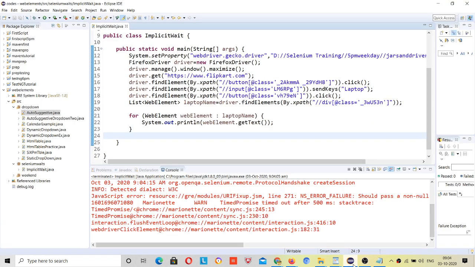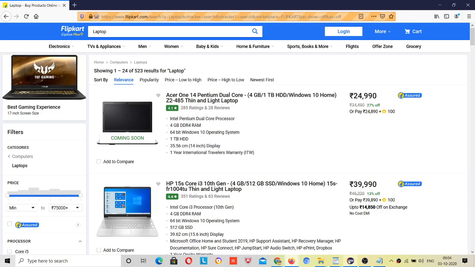Now come here and see, nothing printed. Although we have performed everything correctly, why did this happen?